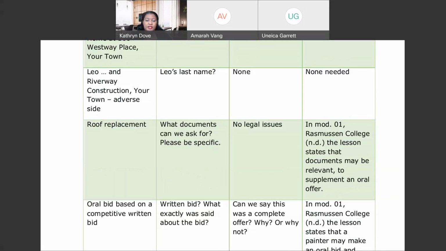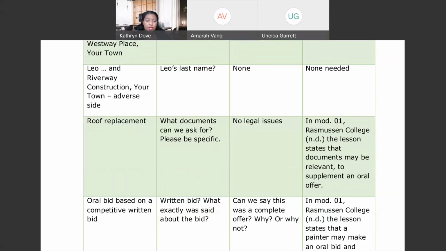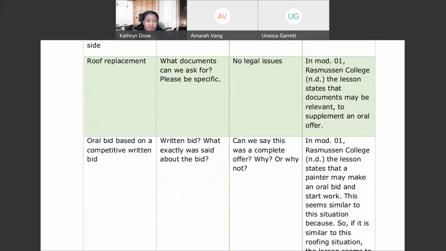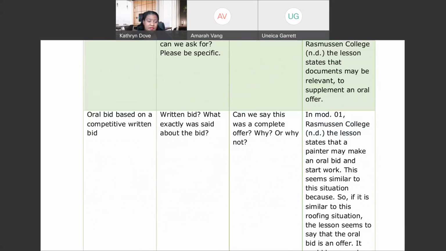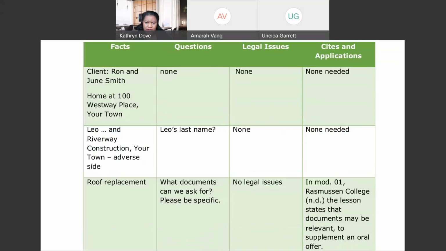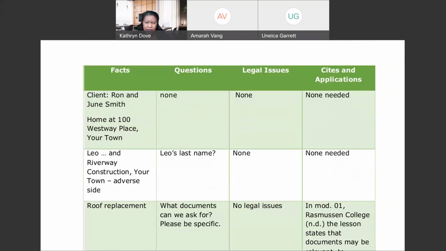The lesson states that documents may be relevant to supplement an oral offer. Absolutely. The court can look at external documents and witness testimony to determine whether or not there was a valid offer. And then, there was an oral bid based on a competitive written bid. What was the written bid? Which is a complete offer? Why or why not? And this last block in the table is your analysis and the application of the law